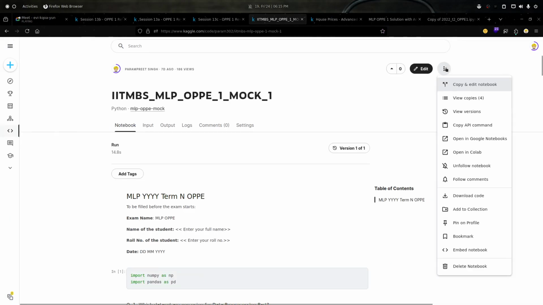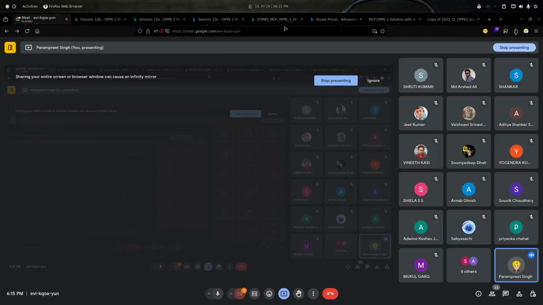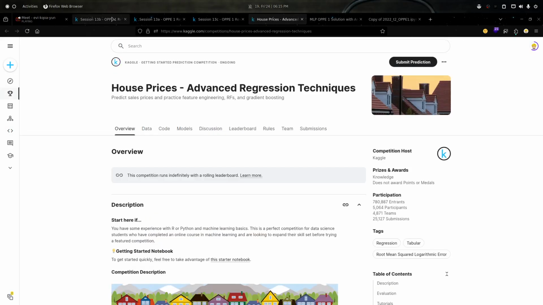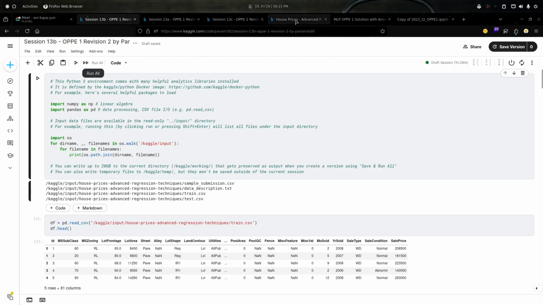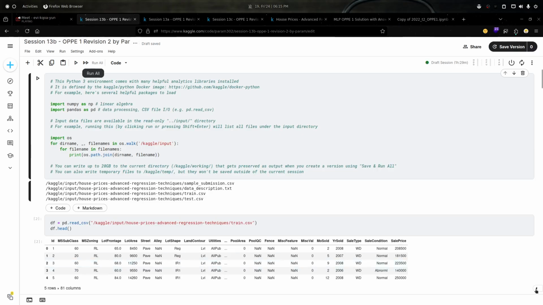Just click on these three dots and click on copy and edit notebook, or fork and edit notebook, something like that. Just click on the first option, then a copy of it will be created for you and you can practice on that.